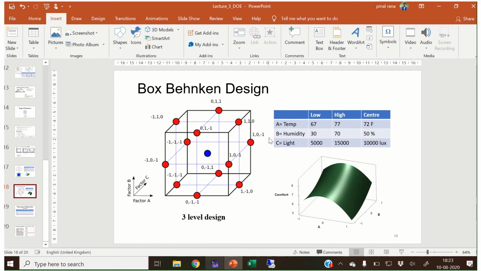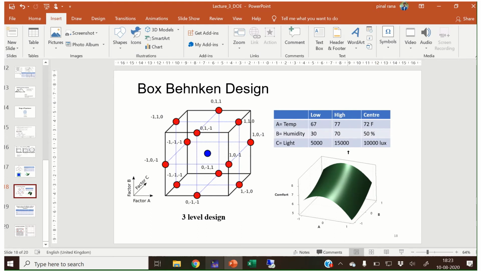Here I have taken an example of three different variables: temperature, humidity, and the intensity of light. I have also given three different levels: low, high, and center. So 67 is the low level of temperature, 72 is the center level, and 77 is the high level.